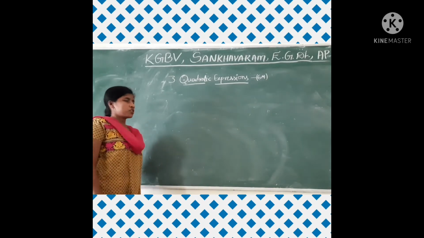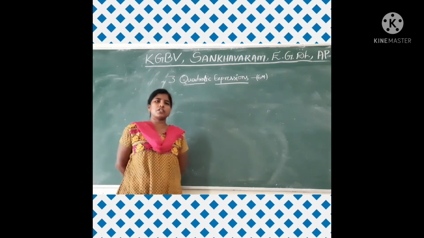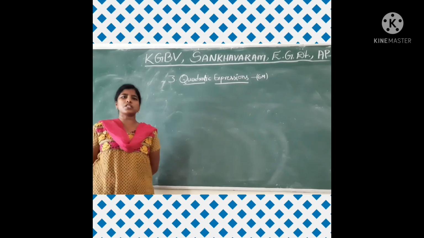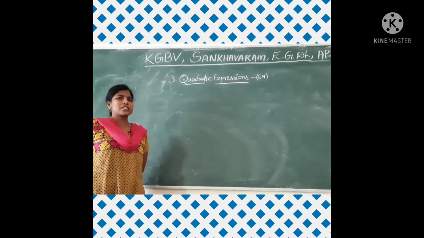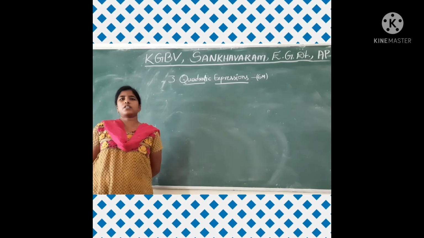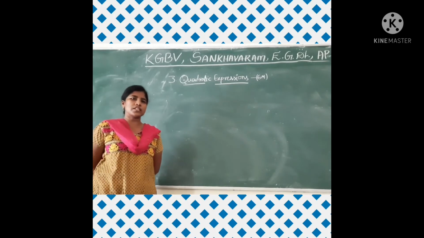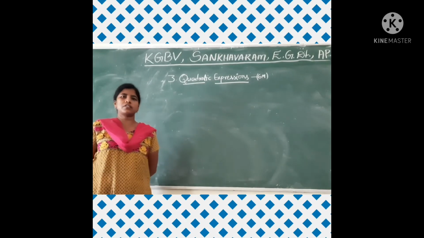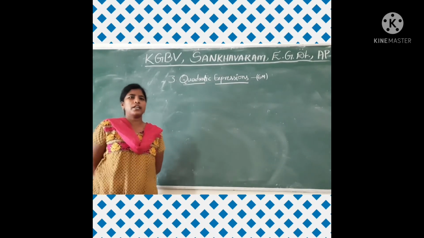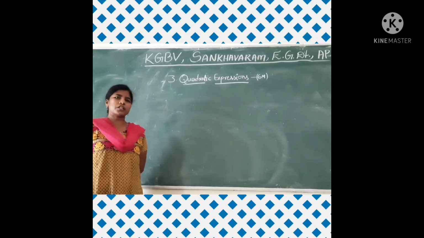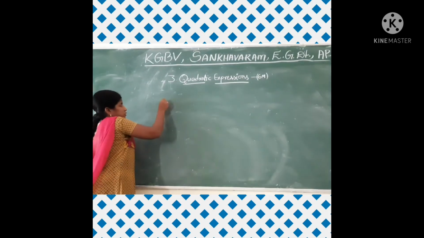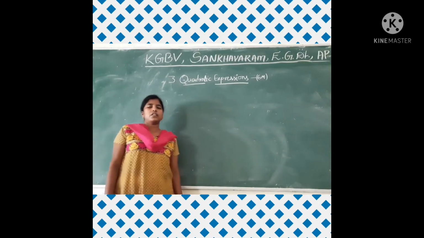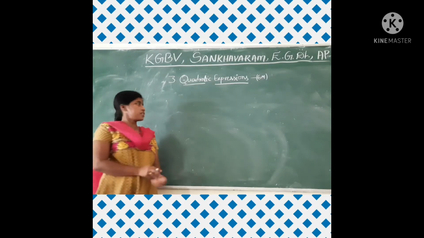What are they? The first one, with x square coefficient a is 1: the sum of the roots is minus b by a. Minus b, that is the x coefficient with the sign changed. That's why we get minus b. And the second one is the product of the roots, which is c by a. Okay. Now, another one is